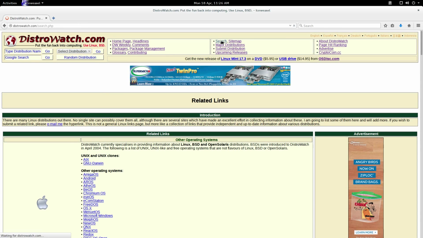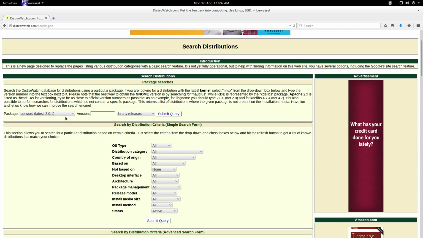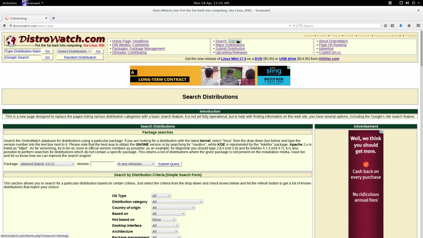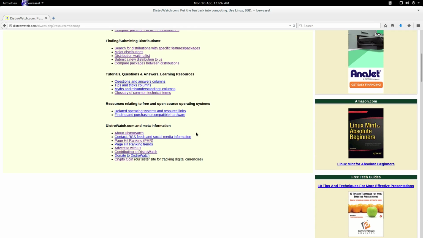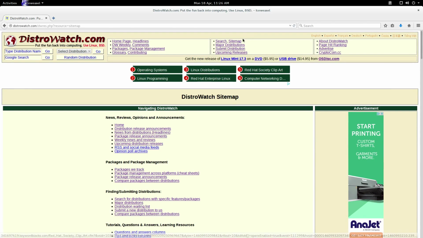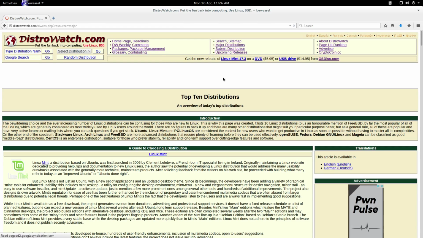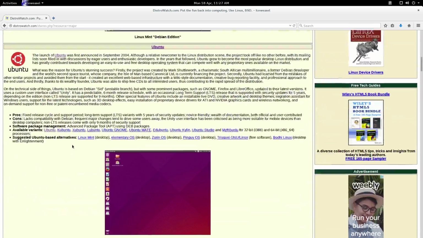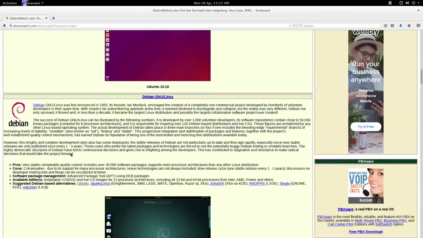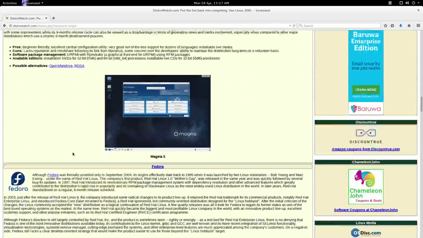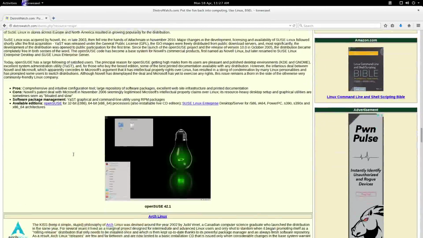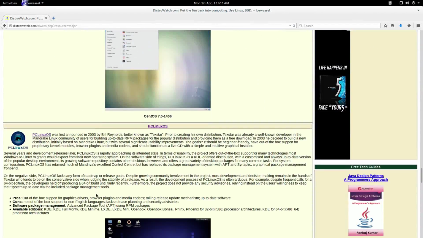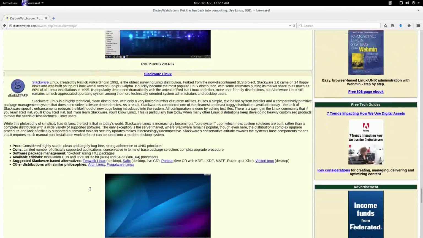Alright, and now here's that search where you can narrow down your search on pretty much anything. Then the site, and then it's just a map to get around real quick. Besides this up here, your major Linux distros. These are the top dogs, the most popular. So you got Linux Mint, Ubuntu, Debian, Manjaro, Fedora, openSUSE, Arch Linux, CentOS. I mean, it goes on and on. PCLinuxOS and Slackware,